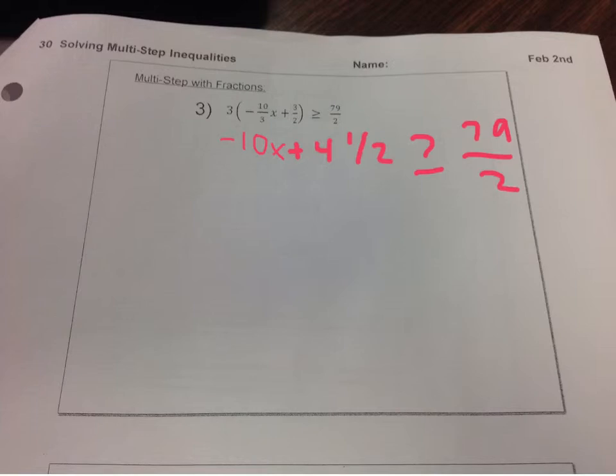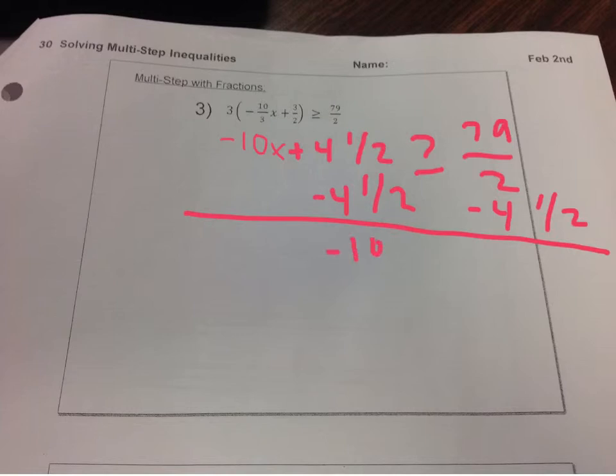Alright, so now we're left with a two-step. We have to get rid of 4.5 next, so I'm going to subtract 4 1/2 from both sides. It gets tricky here if you're not using a calculator. It can be done, but there's a much higher chance of making an error if you don't use one. So I'm going to be left with negative 10x, because these cancel out, and that's going to be greater than or equal to 79.5 minus 4.5. And when you put that in your calculator, it gave me 35